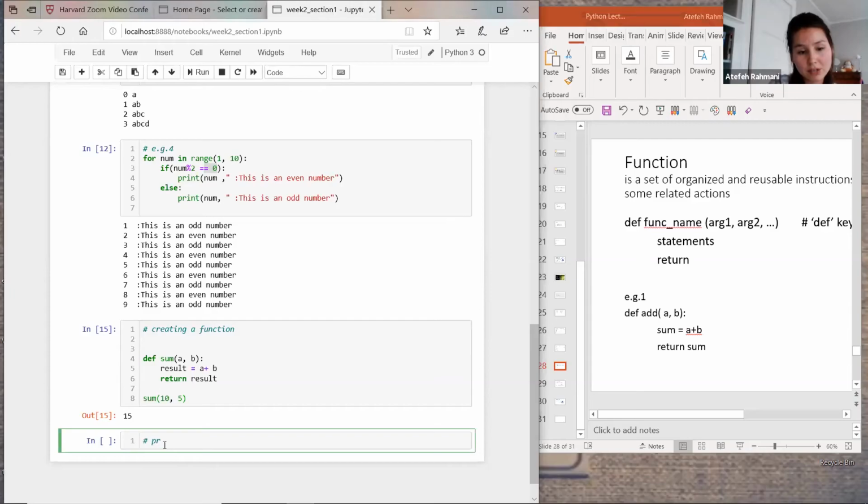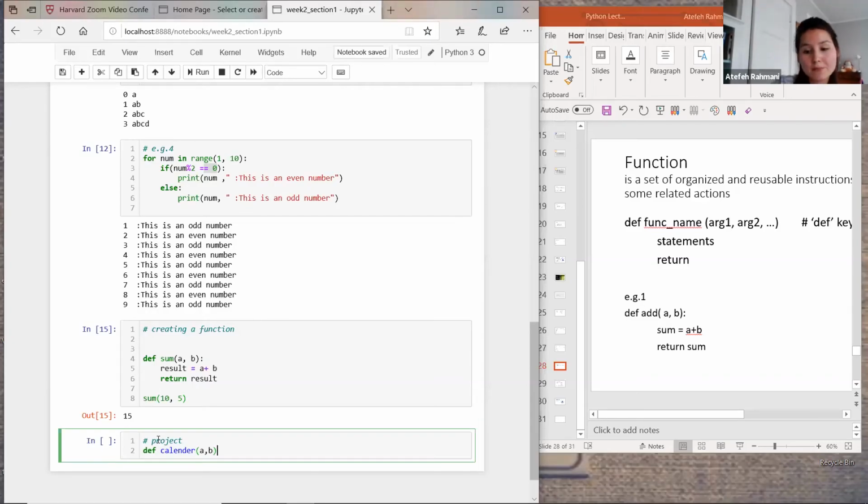This is about our weekend project. First, we want to create a function, or actually, I can create a bigger function and call it calendar. Everyone can create whatever you want, and pass two numbers to it, or three numbers or something, asking my user to give a variable amount of A and B,